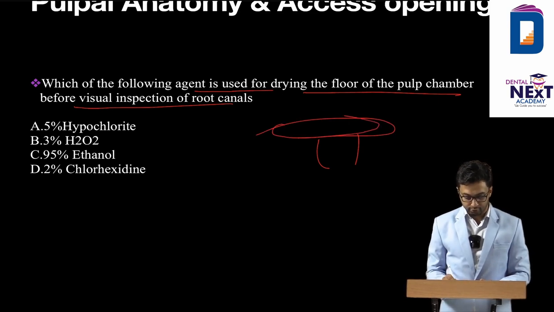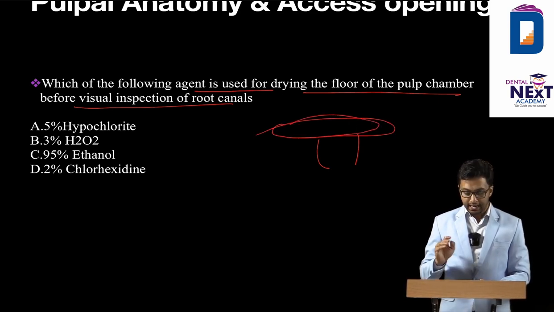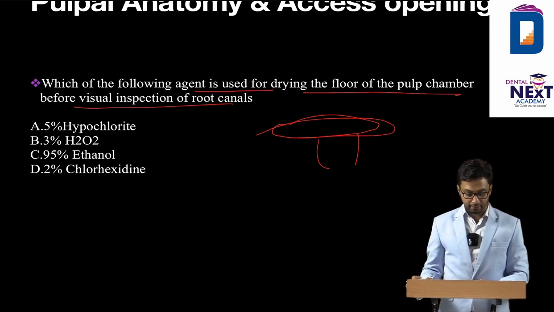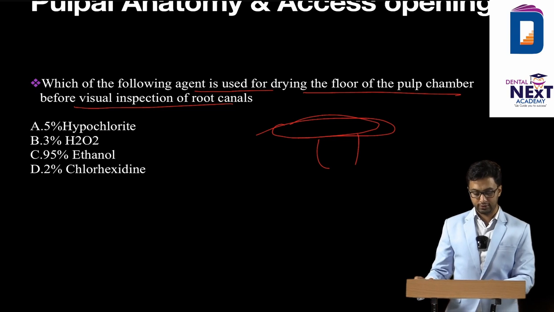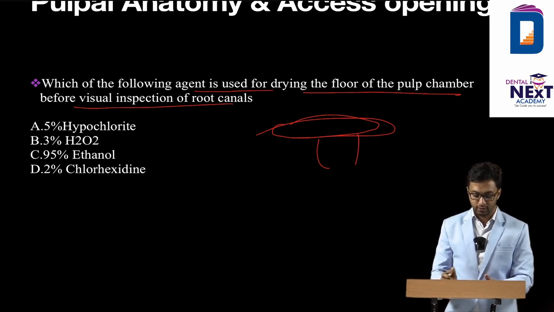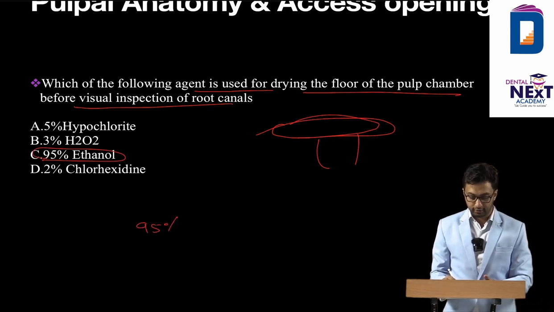The pulp chamber has to be very dry, and it should be clean. The pulp chamber should be clean and dry. So what is the agent used? That's the question, a very simple question. So here 95% ethanol is the answer. 95% ethanol